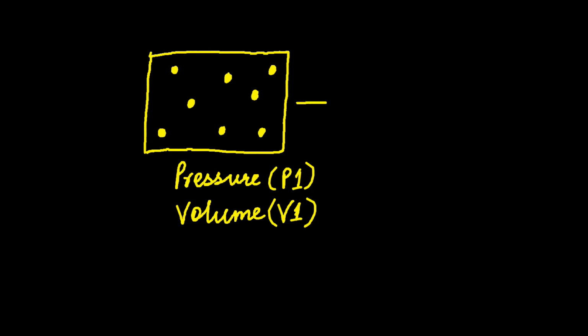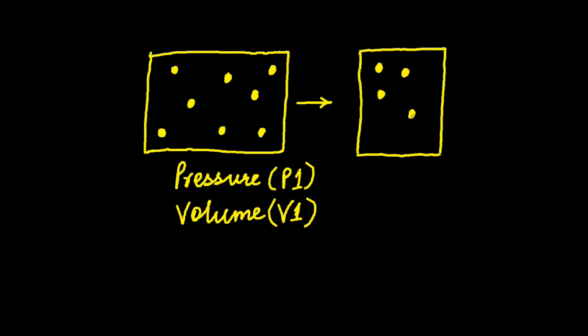Now, with this same gas, we are not changing the mass of the gas. The same mass of gas is now squeezed and compressed into a container which is half the volume. So what will happen to the gas molecules? Will they be further apart or will they come closer together? They'll have the same number of molecules, 8 molecules still. So now you see the molecules are closer together, right? Now will the pressure increase or will the pressure decrease? The pressure will increase. Do you know why?